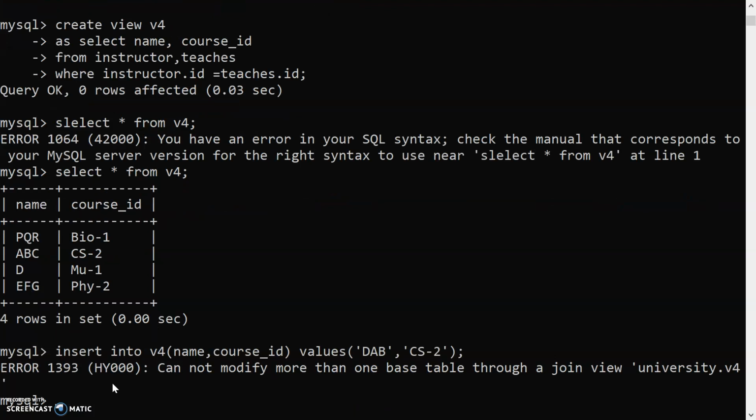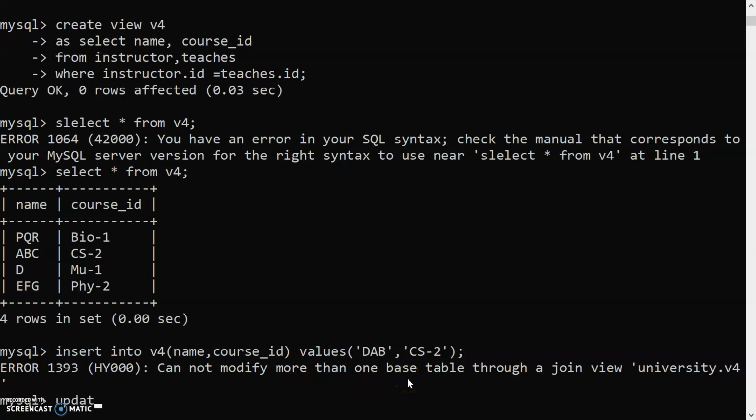It won't allow entering the record in the virtual table V4. This is one of the restrictions: cannot modify more than one base table. When we create a view from a single table, whatever changes we do in the view, the same changes are there in the base table, and whatever operations we perform on the base table, the same changes are there in the view. But if we create a view from multiple tables, there are some restrictions and this is one of them.